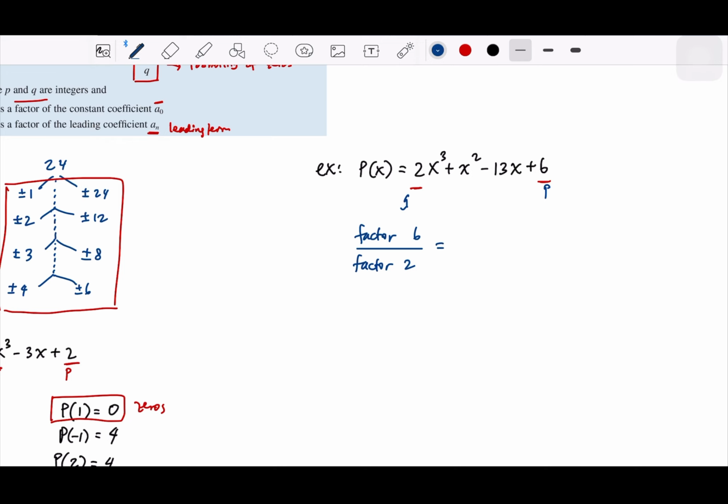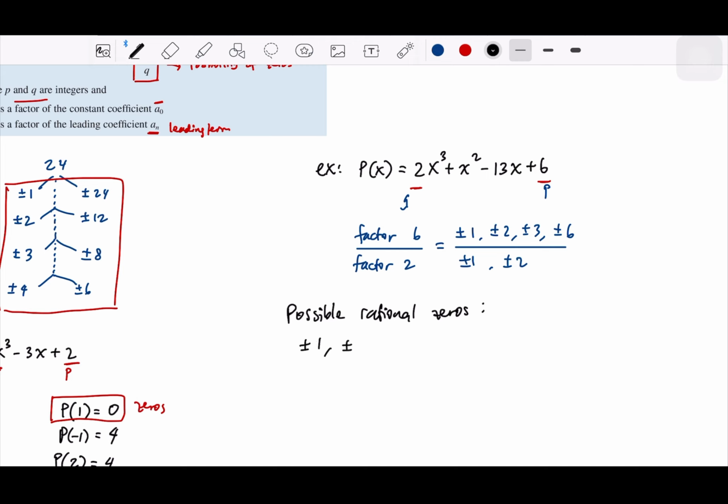So we are going to list several numbers, which is plus minus 1, plus minus 2, plus minus 3, and plus minus 6. That's the factor of 6. So we will have possible rational zeros. This will be plus minus 1,